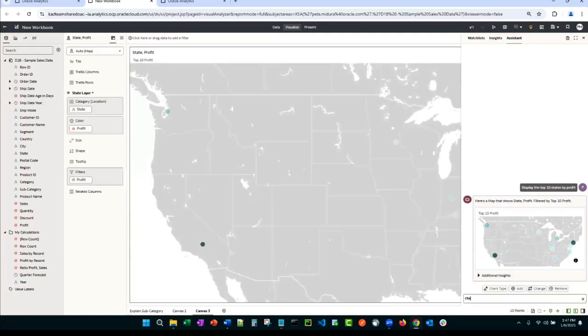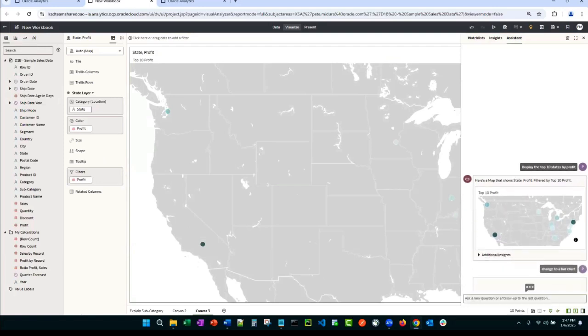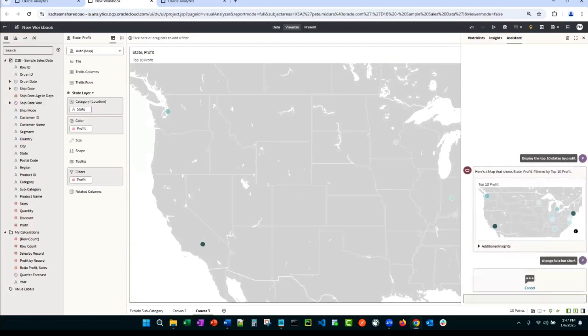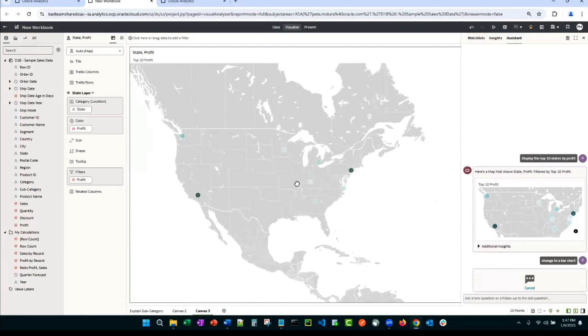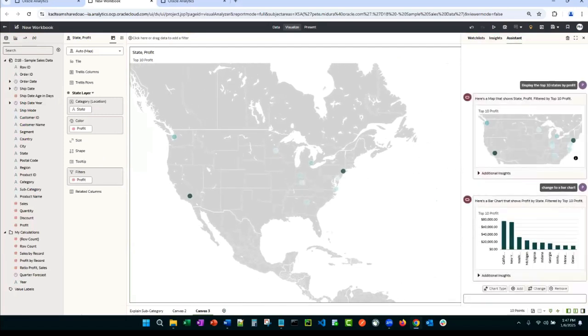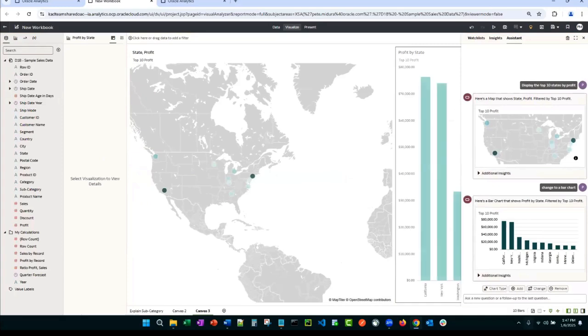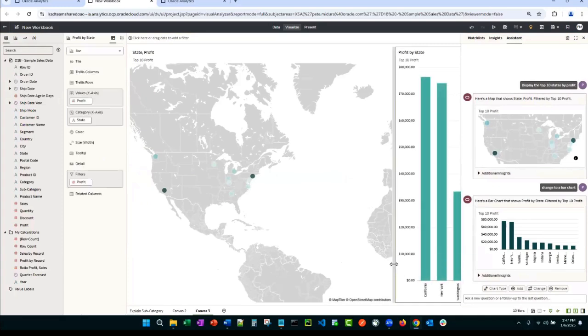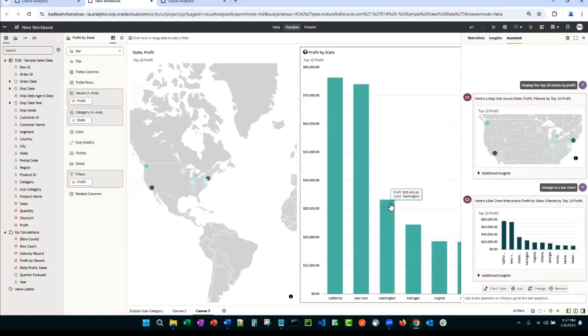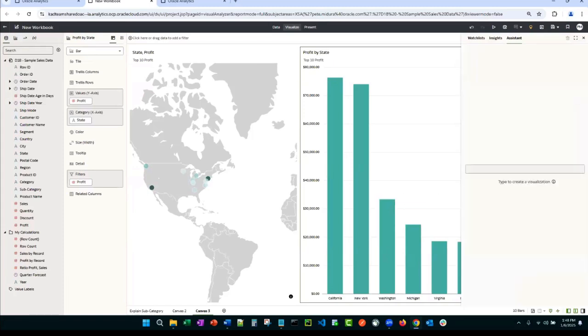And what if I say change to a bar chart? See what it does there. All right, there's my bar chart. I'm going to add that to my canvas too. So you can continually ask follow-up questions with this chatbot, because that's really all it is. Like Sunil said, this is being supported by a large language model. And again, really easily bringing your data, index it, start asking questions. And it can do a lot more than just create visuals. And when you're done chatting with it and you want a brand new conversation, you just clear the chat history and then start typing your new question.